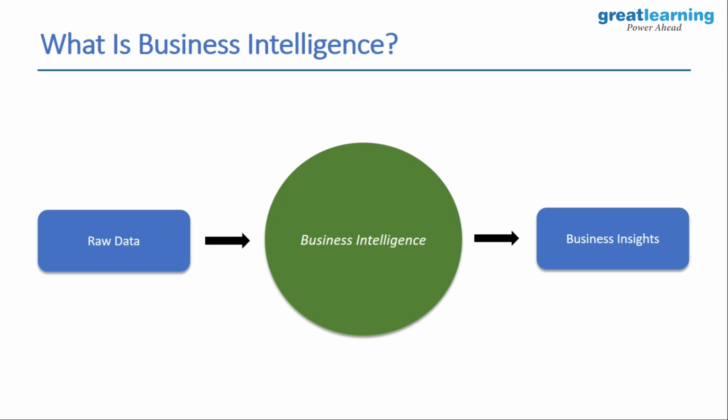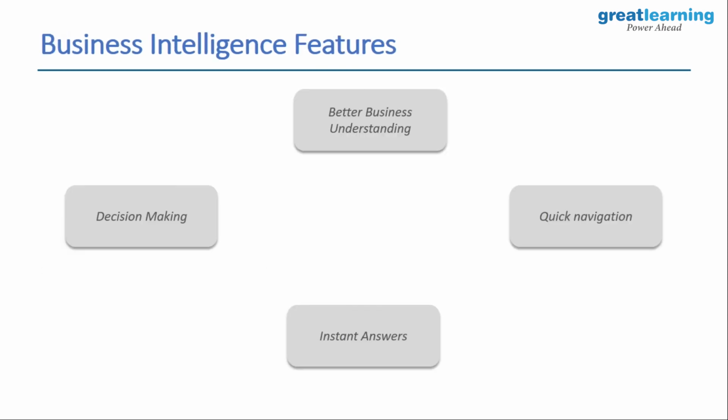If you go and look for the definition, I'm sure there would be plenty of definitions out there, right, which convey better meaning out of it. But to keep it very simple and raw for all of you, you basically take in data that is not manageable or understandable for you. You probably transform it into data that can help you understand your business better. So that is what business intelligence is in a nutshell. Let's talk about some of the features that business intelligence offers to us. Now, when you talk about business intelligence features, the best way to describe it is that when you do business intelligence, these are some of the benefits that you get out of it.